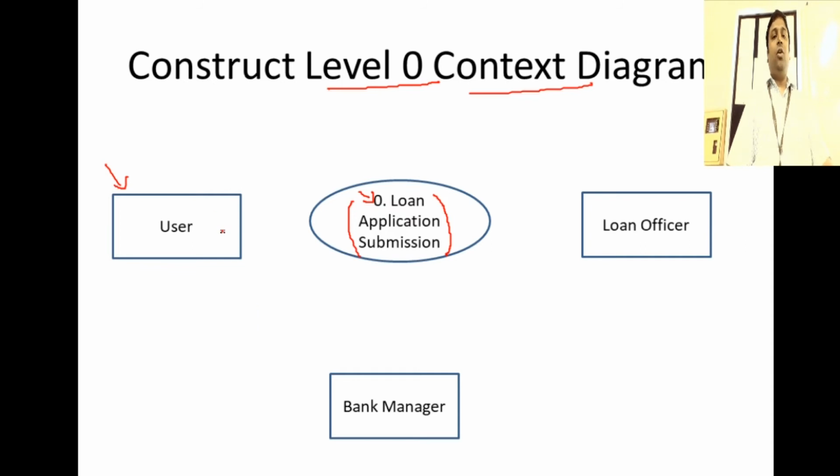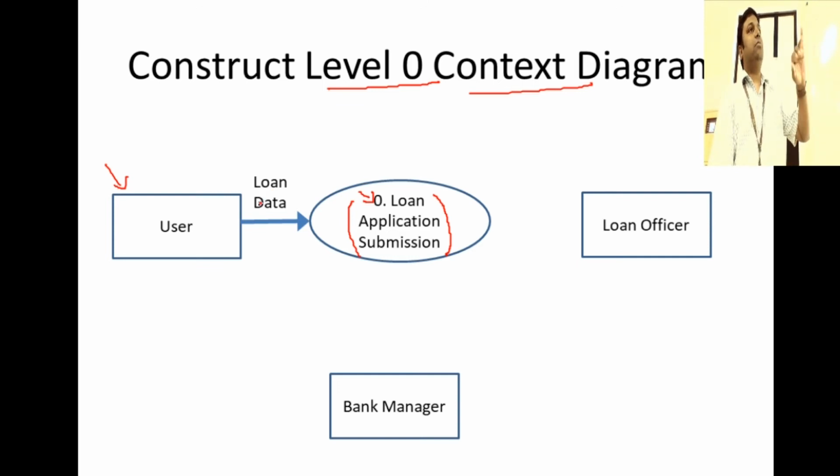So from the user, what data will be going into the system? Loan data. When I say loan data, it's about username, address, monthly income, and loan amount needed. So I'm just talking about the data that flows in. This will process it, store it in the data store. And loan